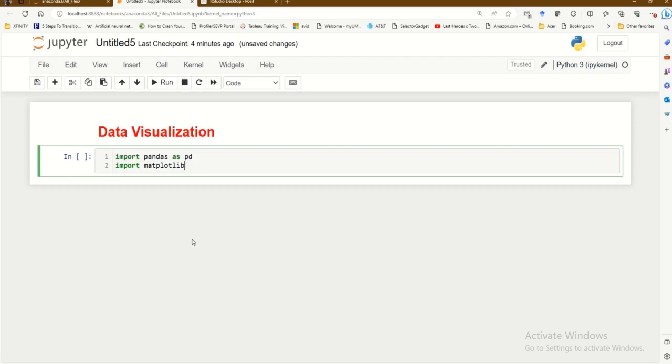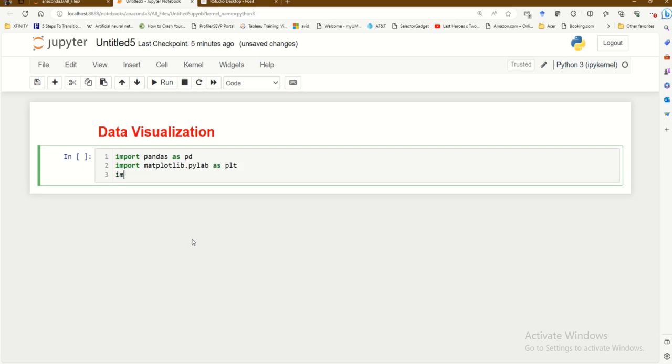Now, matplotlib is kind of the de facto Python visualization tool. If I'm being honest with you, it's not the best tool in the world to use, but it can be relatively straightforward, sort of. There are many different sub-packages of matplotlib. The one we're going to focus on is matplotlib.pylab as plt, and import